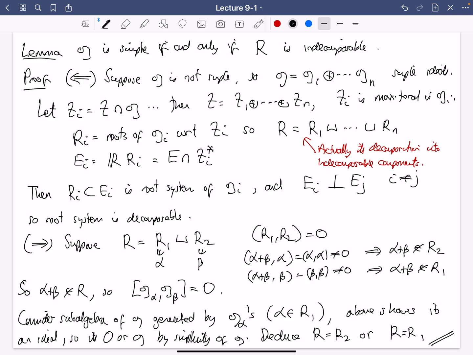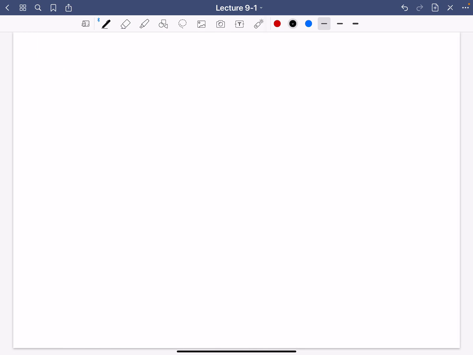So let's do an example. I think we've talked a little bit about the SP2N before. Let me work out, let me do the even orthogonal Lie algebra in detail. Again, I'll leave the odd orthogonal Lie algebra to you to investigate in a similar way. It's a little bit more like SP2N, actually, that one.